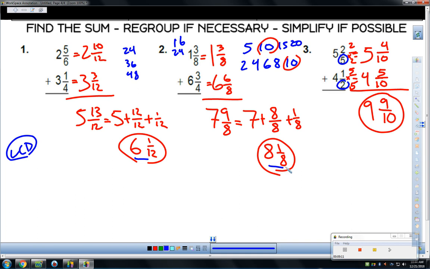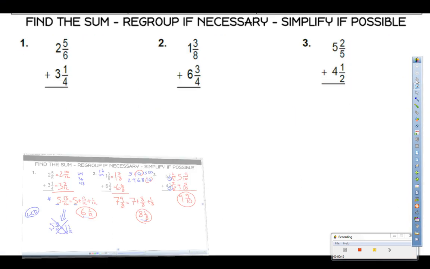What I do want to talk about, really kind of the stickler here that kids get hung up on, is this regrouping piece. Right? What a lot of students will do is they'll forget the whole number that they started with, and they will try to tell me this, right? 5 and 13 twelfths equals 1 and 1/12. And they're like partially right, because 13 twelfths does equal 1 and 1/12. But you cannot forget about this whole number, and so that is not correct. All right. Pause the screen and try this example in your